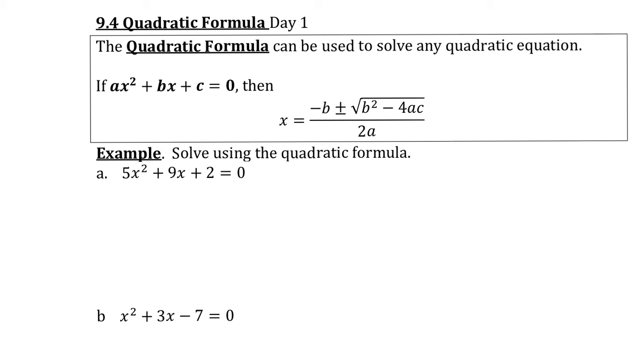Let's try it. The first thing I'm going to do is identify the a, b, and c. So if I look at this, I will first make sure it equals 0. It does equal 0. It's in standard form. So in this case, a is 5, b is 9, and c is 2, just like in a previous chapter. Now I'm going to look at the formula and just plug it in. So x equals,